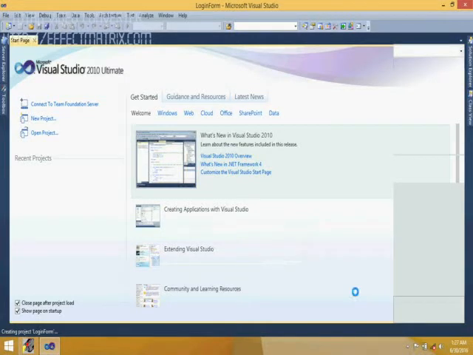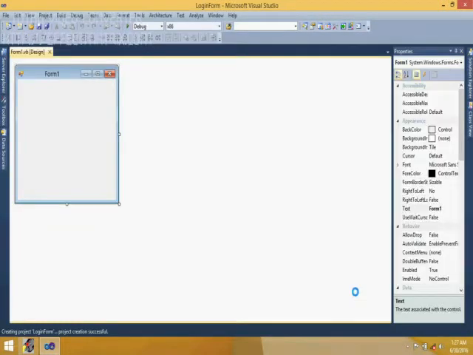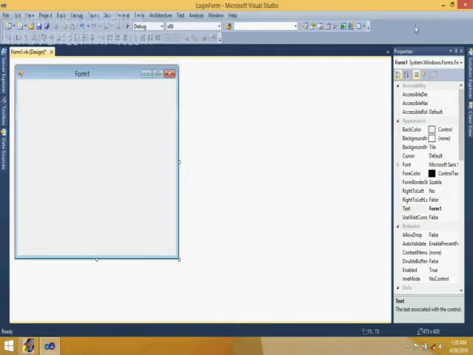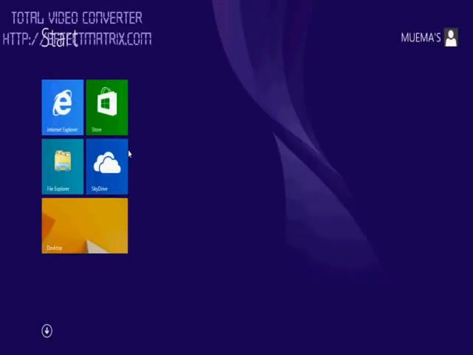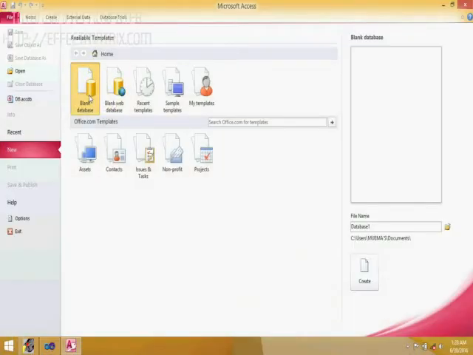Now remember, a login form requires a person to input their password and their username in order for it to log in. So we need to create a database so that we may connect to it and store these details. So run Microsoft Access database, blank database, rename your database, and by the way, keep watching my cursor